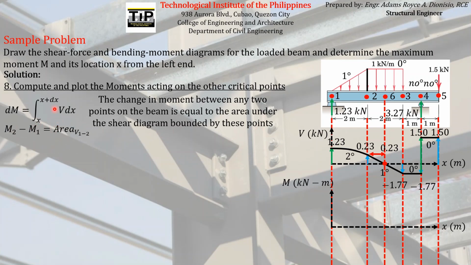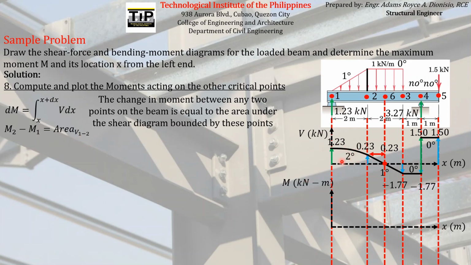Or if we just apply that information to this particular problem, we can see that the difference between the bending moment at point 2, so for example, we already know the bending moment at point 2, the difference between the magnitude of the bending moment acting on point 2 and that on point 1 is, according to this information, just equal to the area under the shear force diagram between point 1 and point 2,